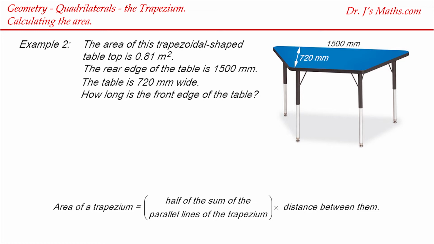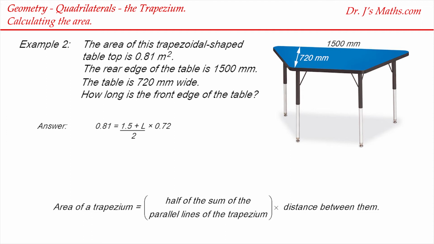The first step in finding out how long the front edge is, is to overcome our problem of the mixing up of millimetres and metres. Well, stick to the metres, because converting from metres squared to millimetres has too many zeros, so we won't make it hard for ourselves. We'll stick to metres. So we can write 0.81 is equal to the sum of the parallel sides. The first one is 1500 millimetres, which converts to 1.5 metres, plus the L for the length of the front side, which we're trying to find, divided by 2,